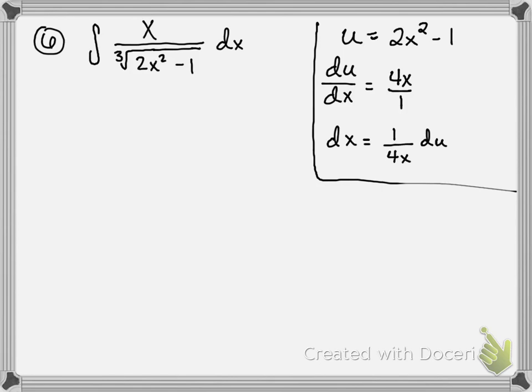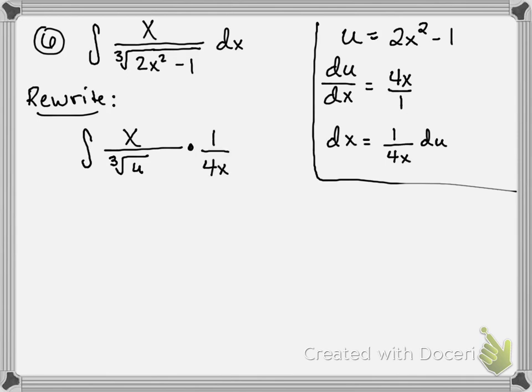Now I'm just going to rewrite my stuff. And again, y'all have this video to go back to. I'm going to rewrite everything in terms of u. So I have x over the cubed root of u times dx, which substitutes to be 1 over 4x